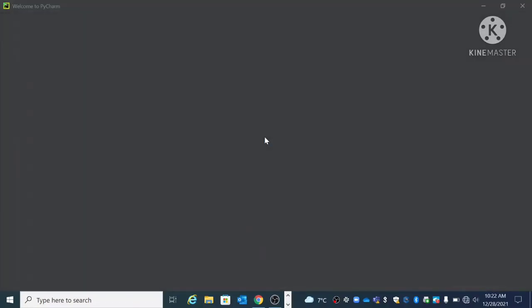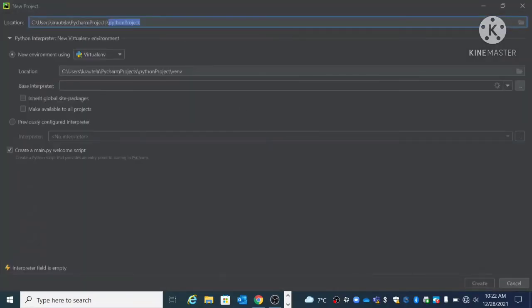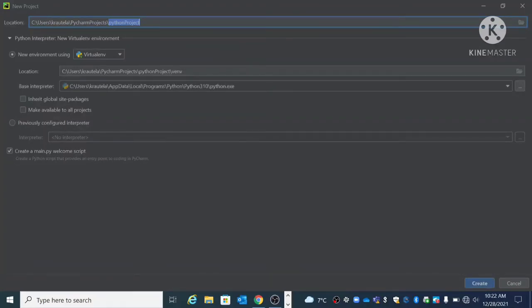Let's click on this. Then it will ask us for some details, like location, where we want to store our file. Let's give it a name like first program. Okay. Then it is asking for the interpreter. Let these fields be default.